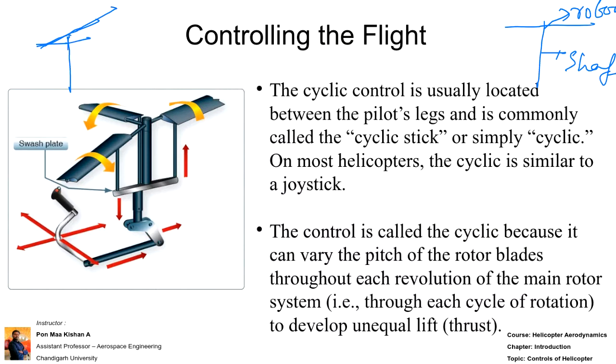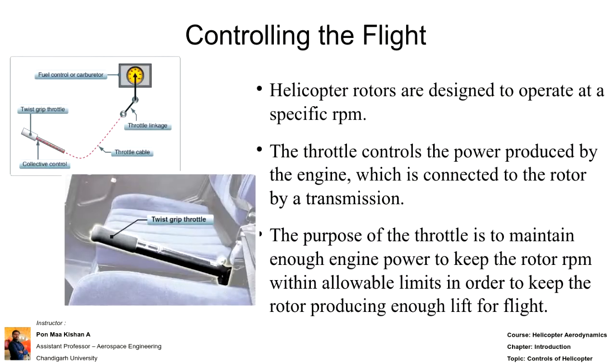So for tilting the blades, these swash plates play the major role. I will show you a video also so that you can easily understand what the swash plate is doing. In order to tilt the main rotor blades, every rotor blade, we need a system, that is the mechanical swash plate system. If you have any doubts, I will explain at the end of the session, as we have to cover a lot of things.